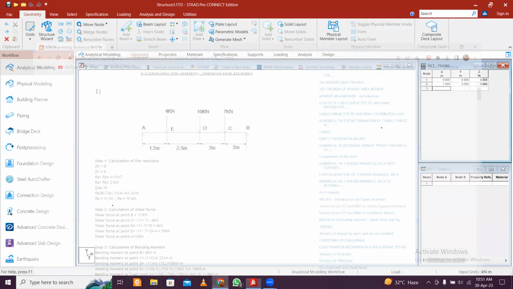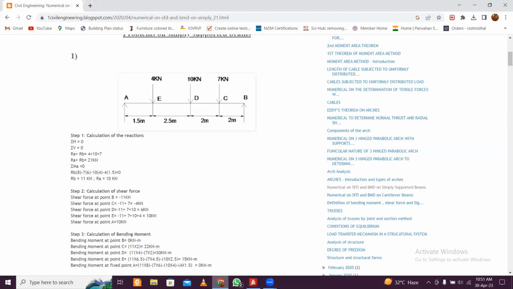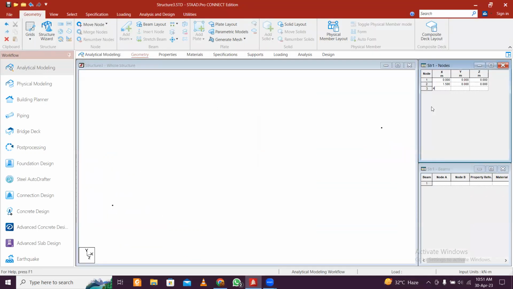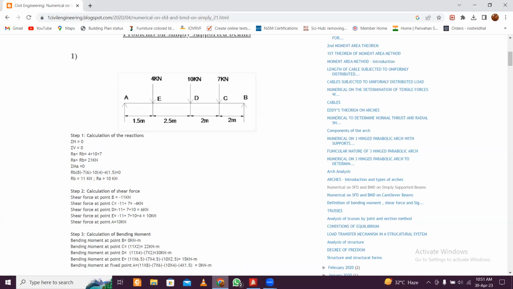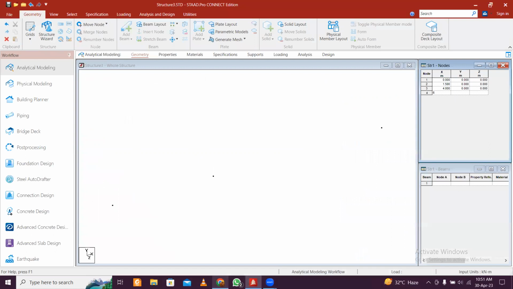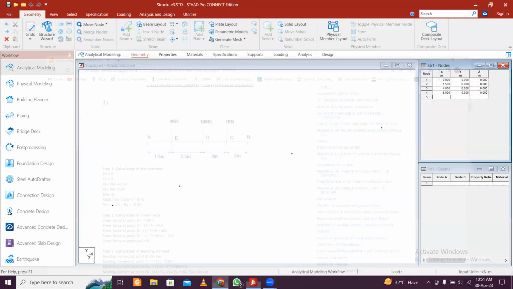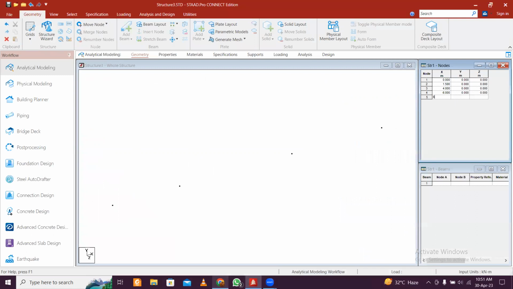The next coordinate will be 1.5 plus 2.5, which will be equal to 4. Then we have 4, and we go to the next one. Then we have plus 2, that will be 6, and then plus 2 again, that will be 8. So these are the coordinates, and we'll go to geometry, click here, and then add beam,